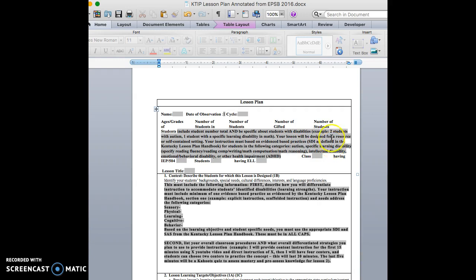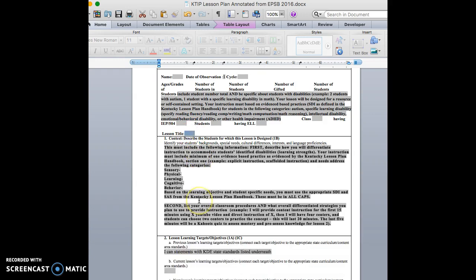So you need to have at least 3 students with disabilities listed, and your choices for disability categories are the categories listed here. So it could be autism, specific learning disabilities. If you choose specific learning disability, you need to be specific. Is that reading fluency, reading comp, writing, math comp, or math reasoning? It could be intellectual disability, EBD, or other health impairment for ADHD. So you're going to list 3 specific students that you would plan on having, and then your lesson title,